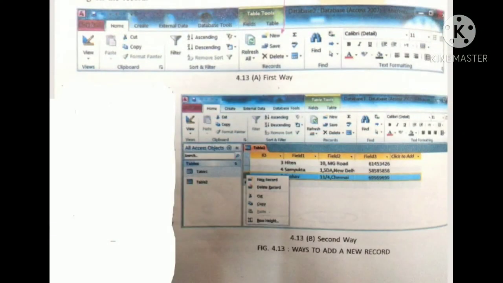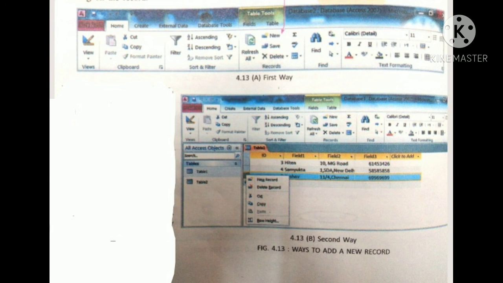Editing, deleting and modifying data in a table. To add a new record, first open the table in datasheet view as has been covered earlier. Second, to add a new record, click on the New button in the Records group on the Home tab. You may also do the above by, for example, selecting a record in the datasheet view and right clicking on the record. Using the above method, you may add a record to the table.